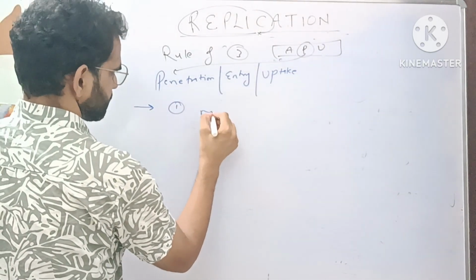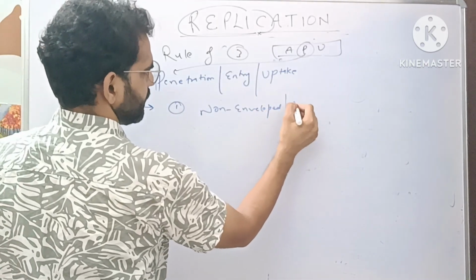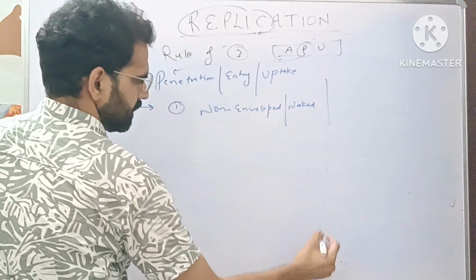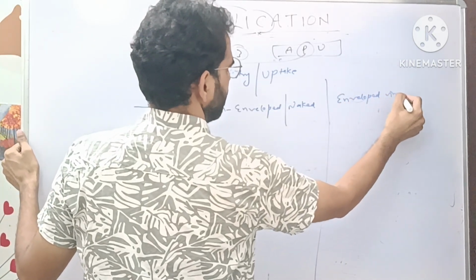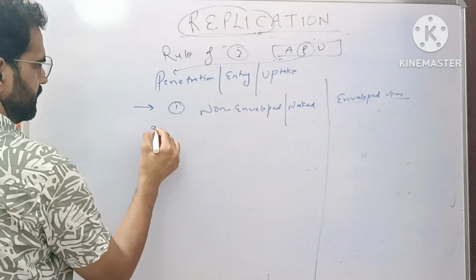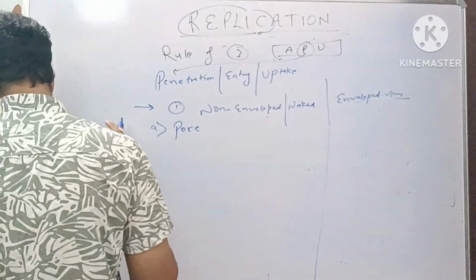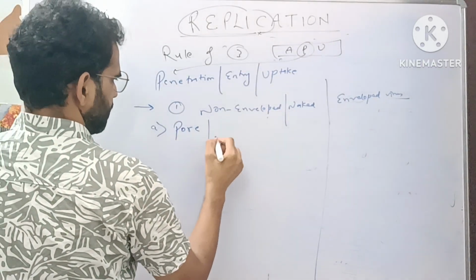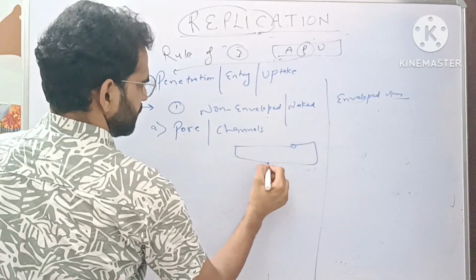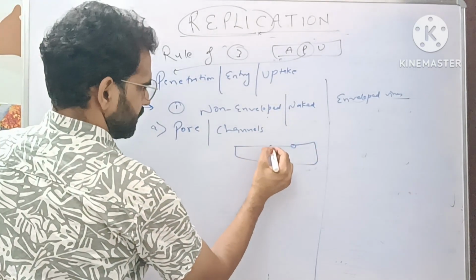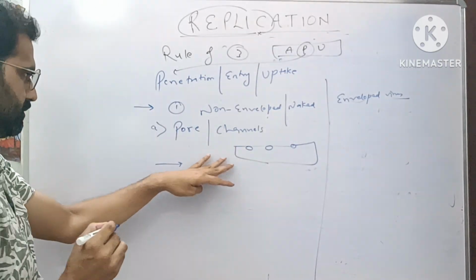Number 1, some viruses are non-enveloped. We call them naked viruses. And some viruses are enveloped. For these non-enveloped or naked viruses, the method is known as pore mediated, that is via some channels. In the cell membrane, some pores are created. So which viruses enter through these pores